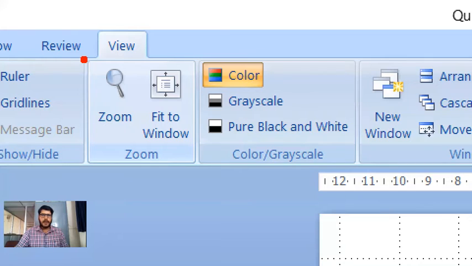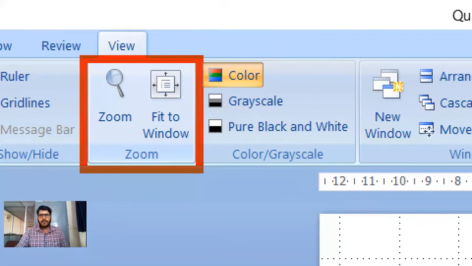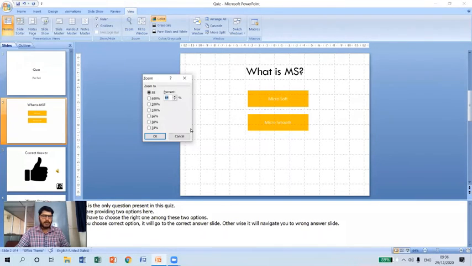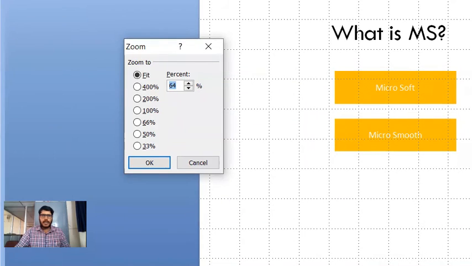And the next group is the Zoom group. We have discussed this in MS Word 2007. If I click on this zoom option, it will open a zoom dialog box like this, and we can zoom to various scales here. As you can observe, we have different scale settings.